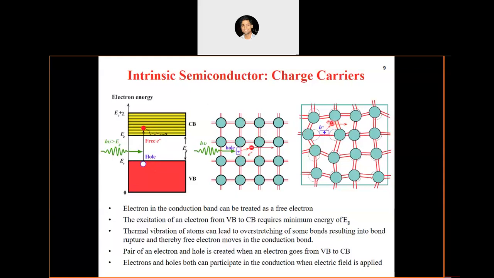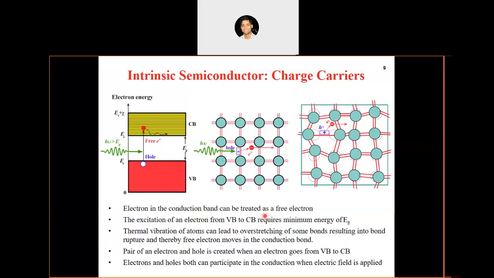So how an electron gets formed, or gets free from a bond, is that when the photon comes, it will give its energy and break this bond. As a result of this, the electron gets free, and then a hole is created here. Now the electron in the neighboring bond can, due to lattice vibrations, gain certain energy, or it can also be tunneling of the electron. Due to the tunneling of the electron, it can go from one bond to another bond, and as a result the hole has moved from its original position to its current position, which you can see here. So both the electrons and holes can participate in the conduction process, right?